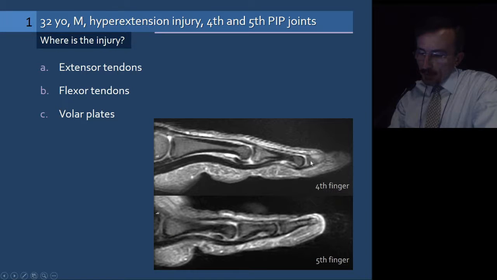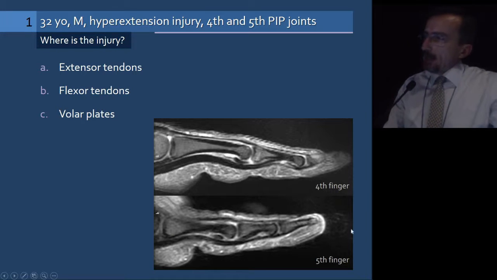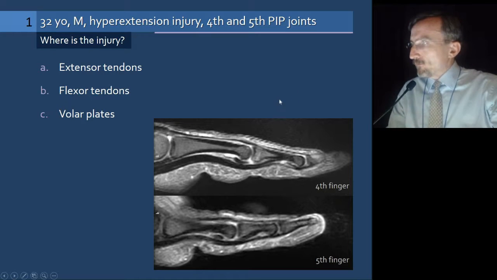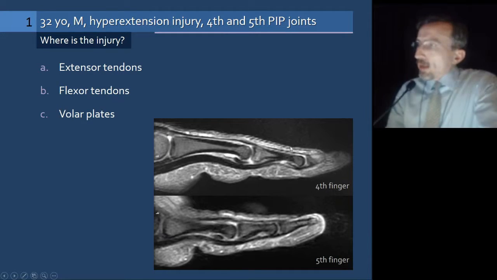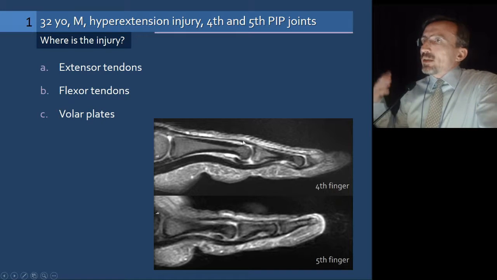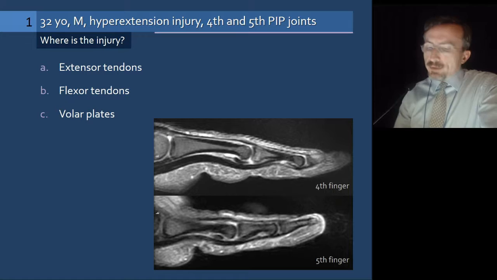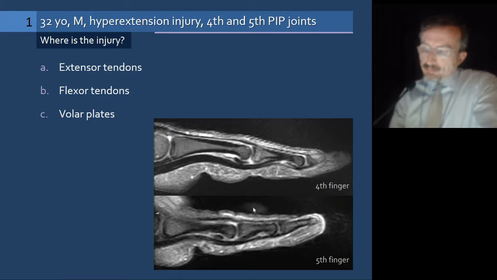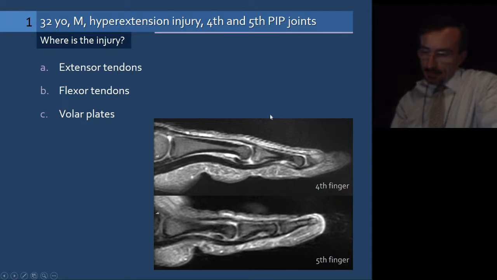So this image here is the fourth finger, and this one is the fifth finger. And if we can see the results, well, common sense makes us think that there would be some injury to the flexor tendons. However, if we go back to the image or to the presentation itself,